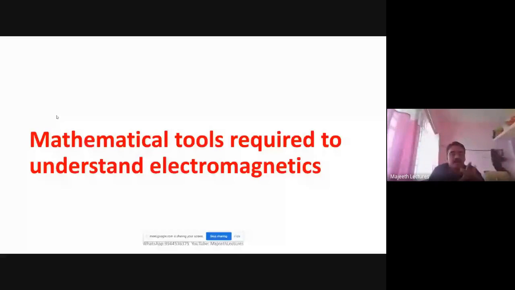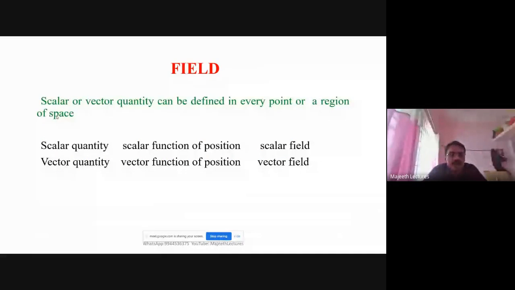This tool is useful when you study engineering mathematics also. There also we have vector calculus. Whatever is there, it will be useful for solving the problems. So first the subject is electromagnetic field. We must know what a field is, right? We have heard the term field in our real life: educational field, sports field and all. In the educational field, we feel education. In the sports field, we feel sports, some games. Like that, in the electromagnetics field, we have to feel something.